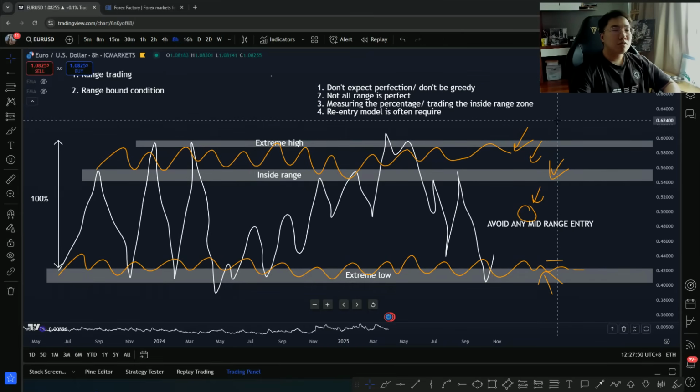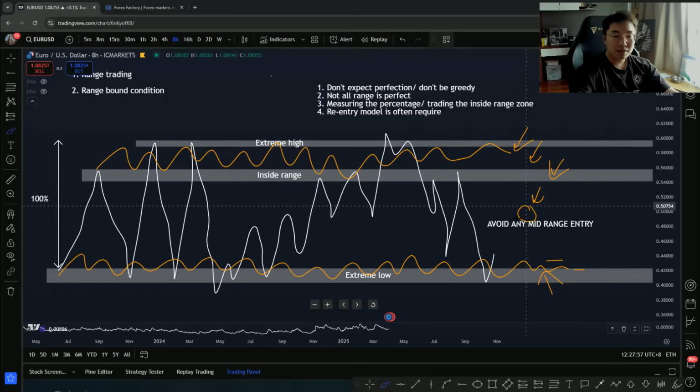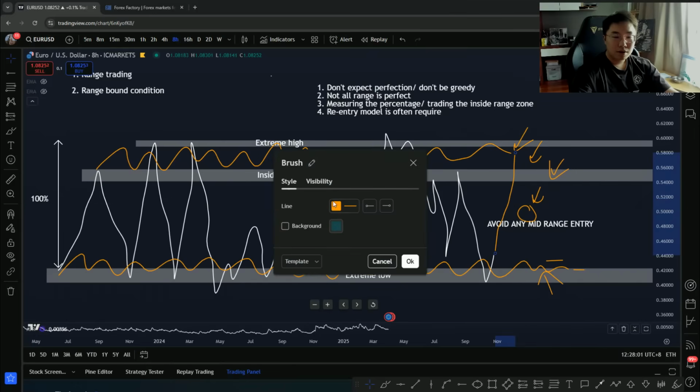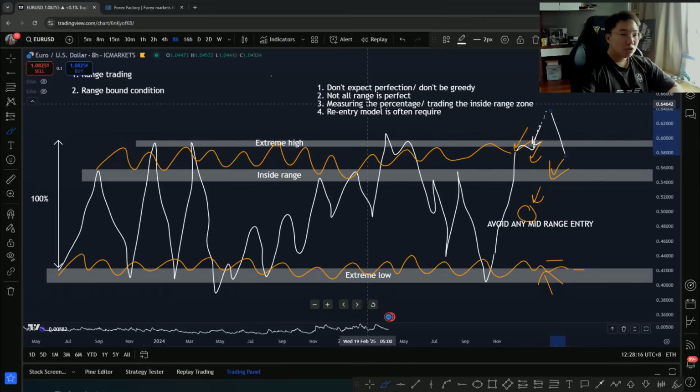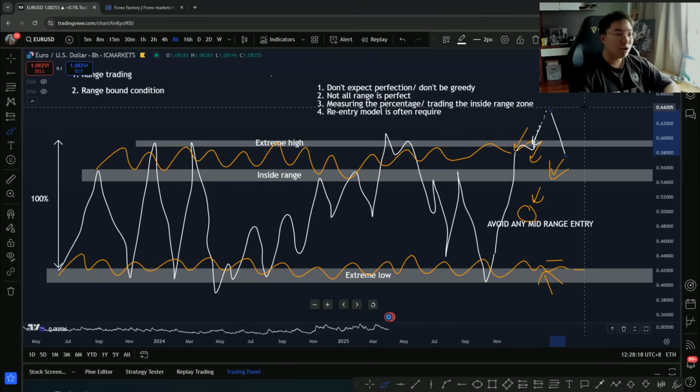Every single time when we get stopped out on a specific setup, let's say price go back up, and this time I decide to go short here. If price goes up, stops me out, the moment when it closes back below the range, I'm allowed to take another entry. So re-entry is very often required when you're trying to trade a range,